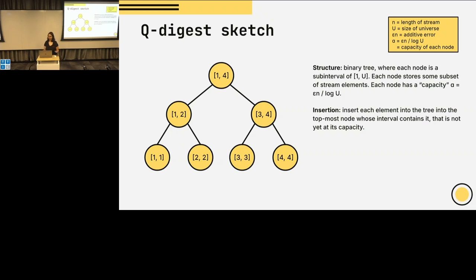Let's do an example of that. We have a stream that's specified here, and let's say alpha equals 2, so the capacity of every node is 2. The first element we receive is 3. The topmost node that can absorb that element is this node. So we put x1 equals 3 in there, then we put x2 equals 2 in here, and now x3 equals 2 doesn't fit into the top node anymore. So it spills into one of the children, and then we keep doing this. Does the way that this algorithm works make sense?